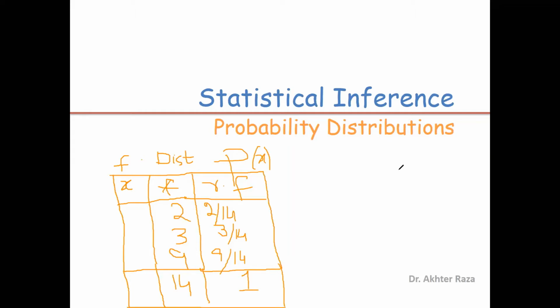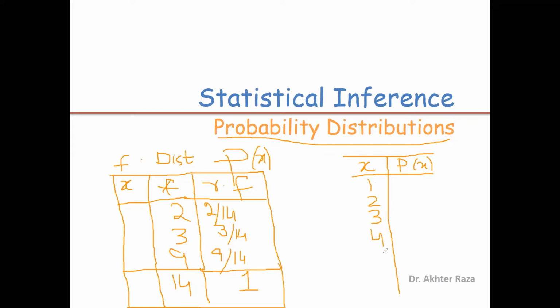So in other words, I can describe the probability distribution in a very simple way. It is a tabular definition of the probability distribution. A probability distribution is a table in which we have one variable, which is known as the random variable x, and corresponding probabilities p(x). If we have a table in which we have two columns, one is x, other is p(x), then this table is known as a probability distribution.